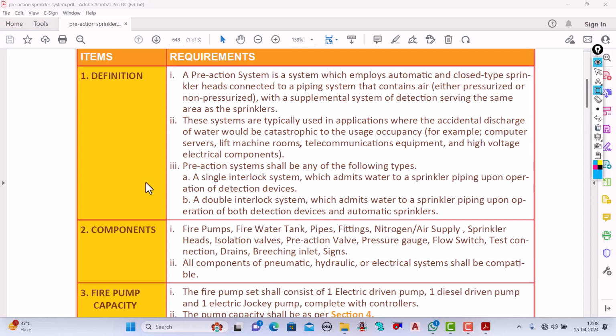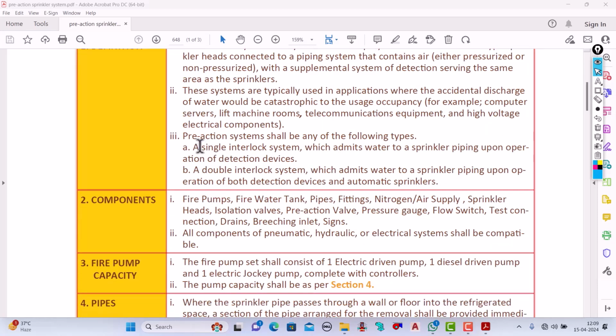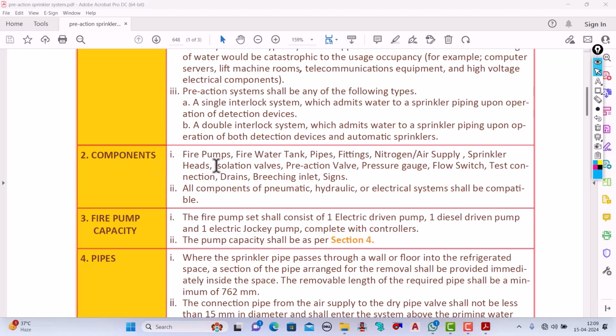So it's clear that in the pre-action sprinkler system, we have to use the automatic, closed type sprinkler head, right? Don't be worried, it will be clear. Single interlock system and double interlock system, two types of interlock system, you will remember. And the components everyone knows are the same as the other systems, like fire pump, fire water, and fittings,